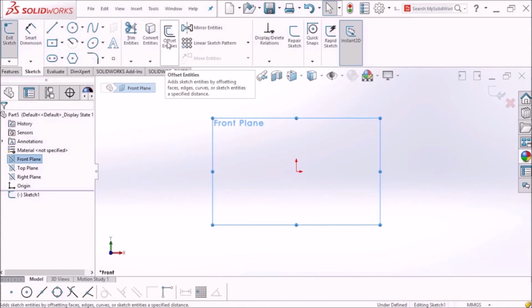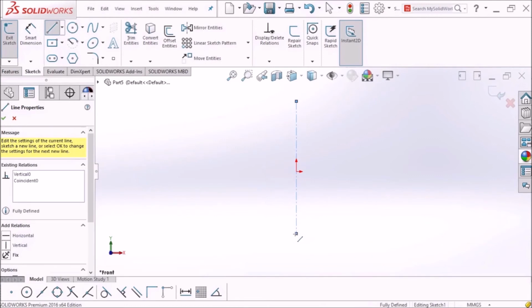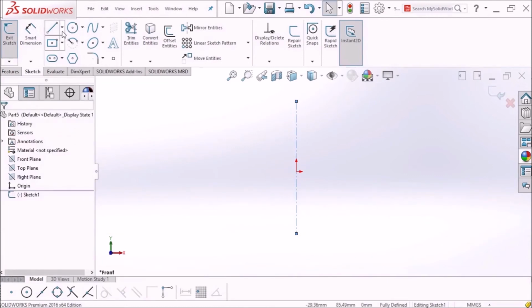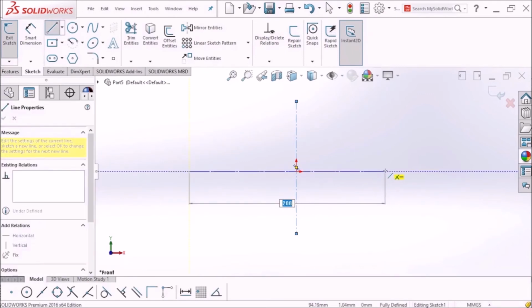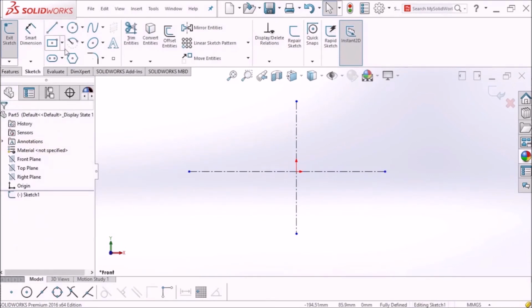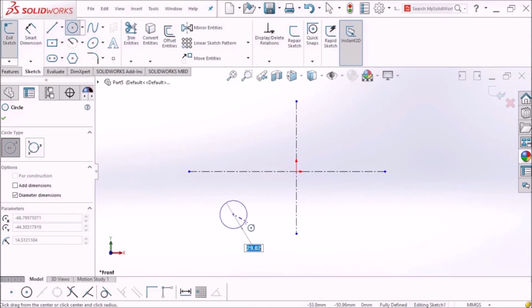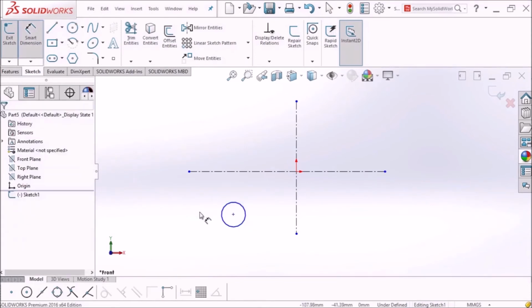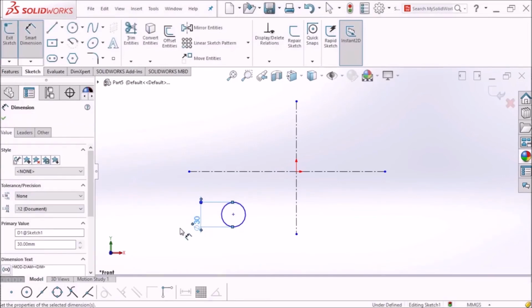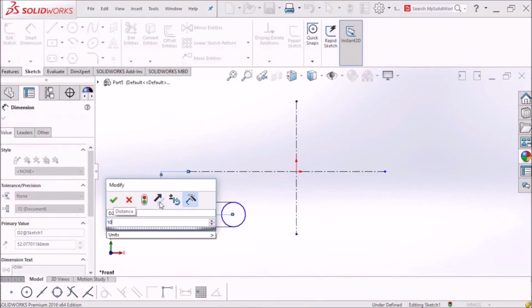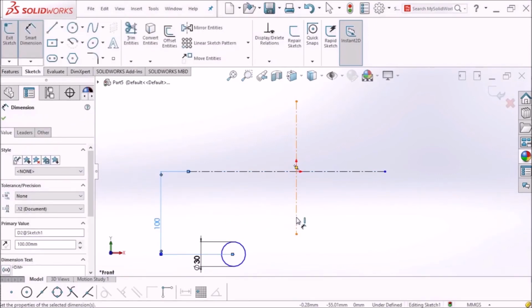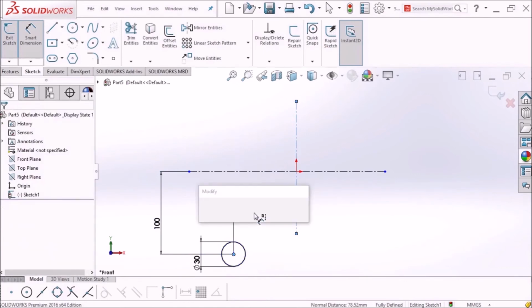So for that, first draw center line like this, okay, then again draw center line perpendicular to this center line, okay, then draw circle, okay, give it dimension, say 30 mm, okay, and also give it dimension with respect to center line, say 100 mm, and from this center line also say 100 mm,